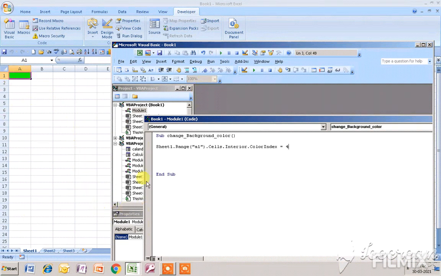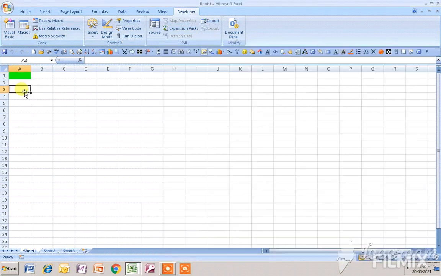You can also use this for a range. Suppose I want to change the background color of the range A3 to D3. So how to do that?